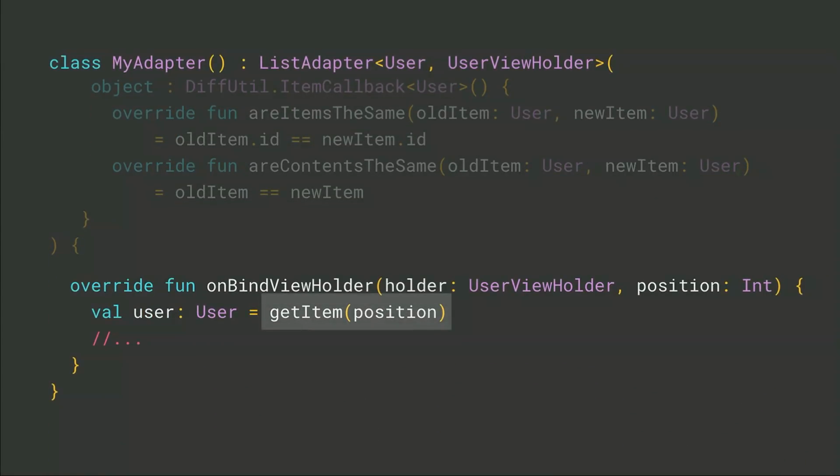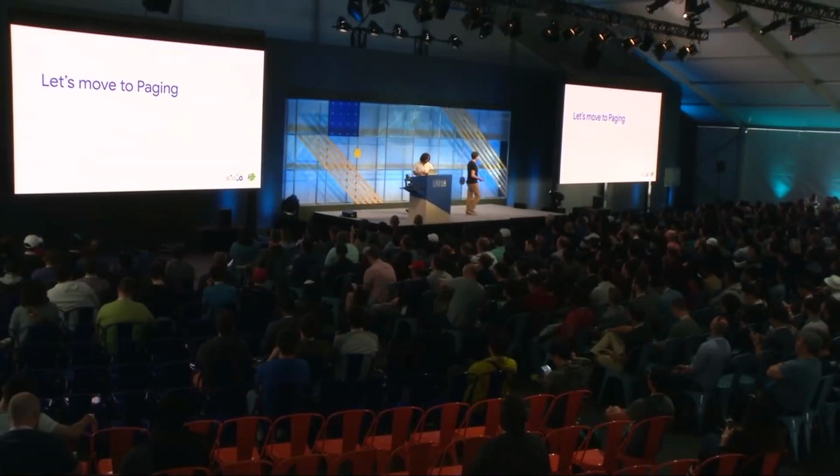Once you have that in your onBindViewHolder method, you can call the getItem function, obtain the item in the list, and do whatever you want with it. Super simple. All right, so we've seen what that looks like with the live data of list, but